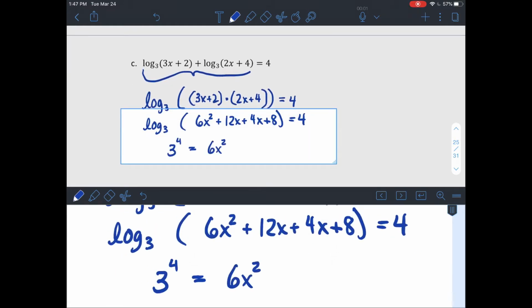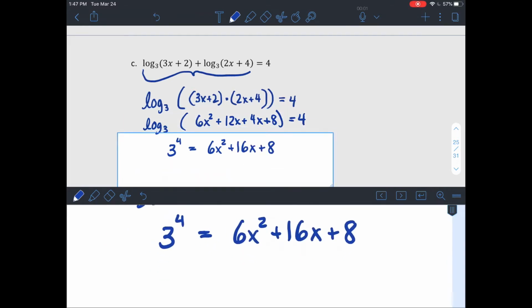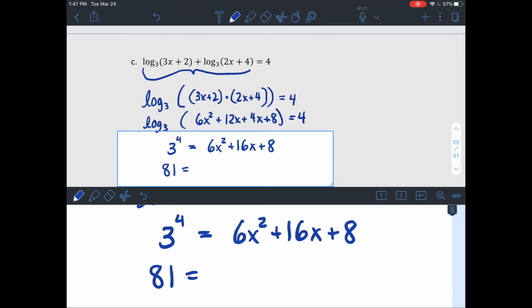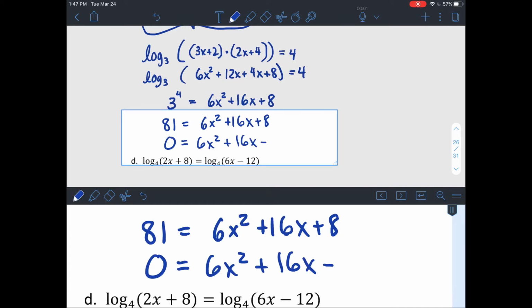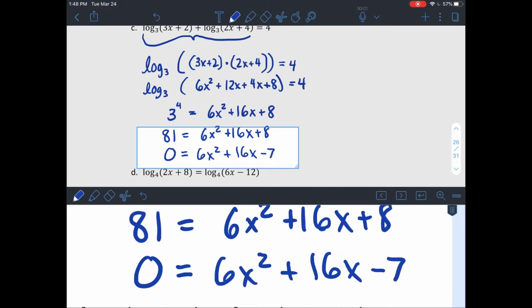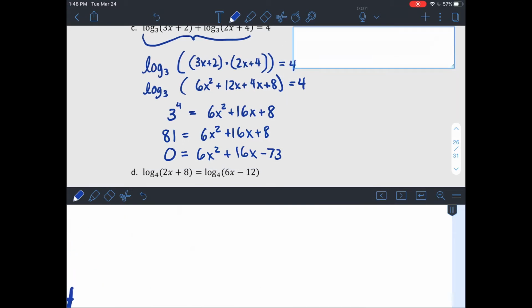So 3 to the 4th would equal 6x squared plus 16x plus 8. 3 to the 4th is 81. Now you've got a quadratic function, so you could get 0 on one side and then factor or use the quadratic formula. Guess what? It doesn't factor. So you're going to need to use the quadratic formula. So if you plug your values in to the quadratic formula,